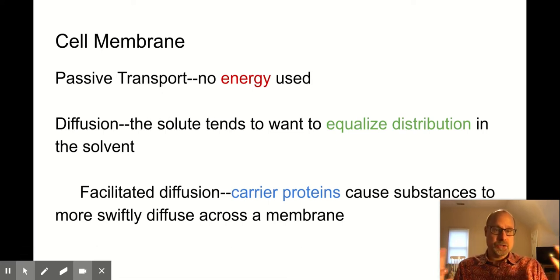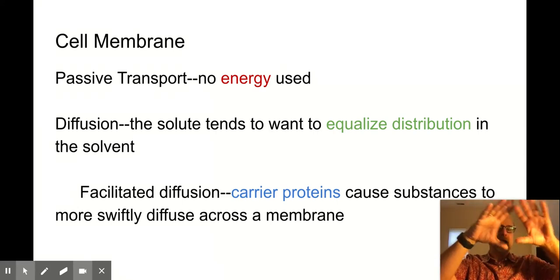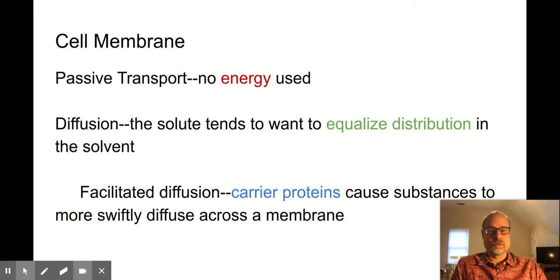So, transport, getting across the cell membrane. The whole point is to keep what's outside outside and inside inside and only let the right things across. This is a part of maintaining homeostasis. The idea that the cell wants to have a stable internal environment that helps it to live and keep that from being affected too much by the environment outside the cell, so that it controls things like temperature and pH